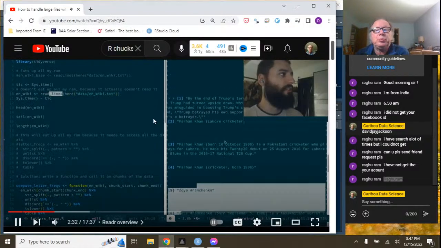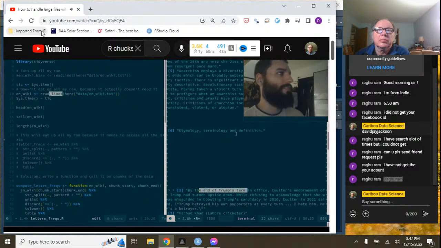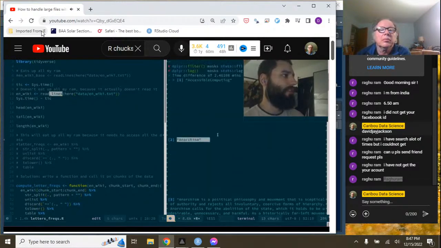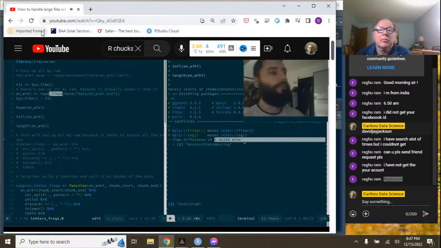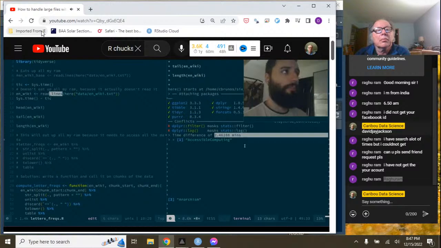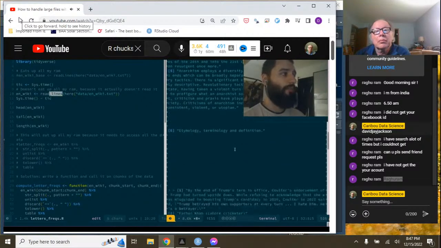So this is a head of the file. So we have the head of the file, which starts with anarchism. That's the first article. It read in this 13 gigs. Well, it indexed this 13 gigs in 2 minutes. Okay, almost 3 or 2.5 minutes. And now, if I need just a head, well,